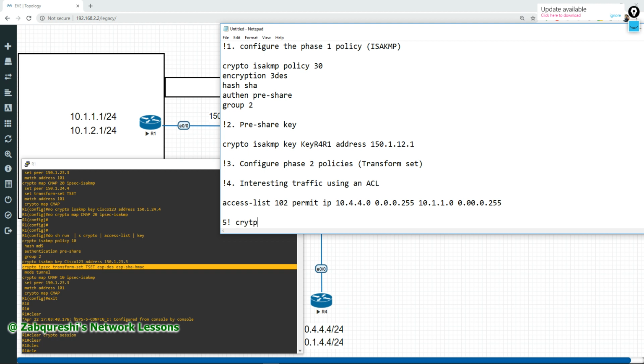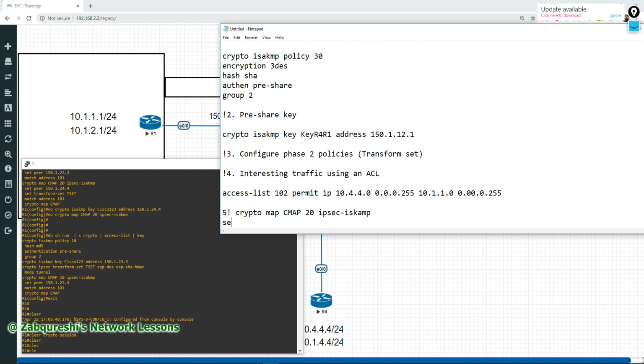So we can do crypto map. The name was C map, right? So I can see here. Then the number, so that was 10. For this I'll keep 20. So this will be a separate crypto map entry. In this case, I set the peer, for me it is